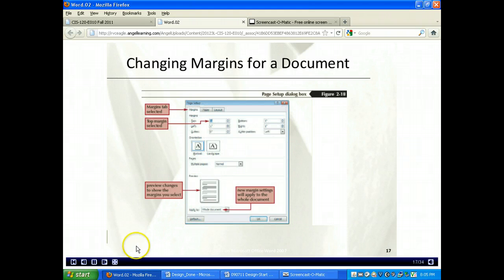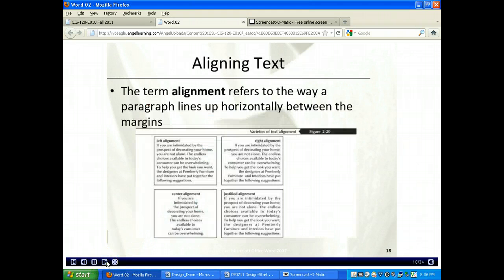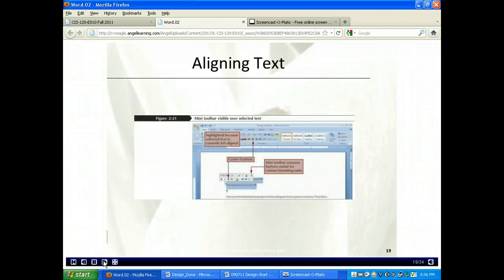So pretty basic on the margins, nothing real hard to remember there. Now, alignment, there's 4 different types of alignments by default within text. You can do left alignment, right alignment, center, justified. And I'm going to kind of fly through these next 2 slides. And then after we go through the slides, I'm going to actually go to your Word document. We're going to really play around with formatting on that document to kind of clean it up a little bit. So we'll just go on the overhead for just a second on the slides and then go back to your